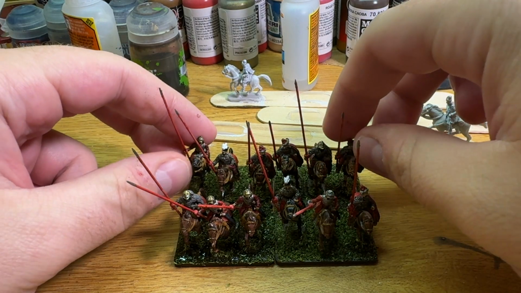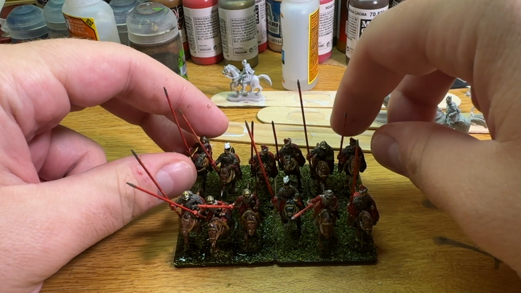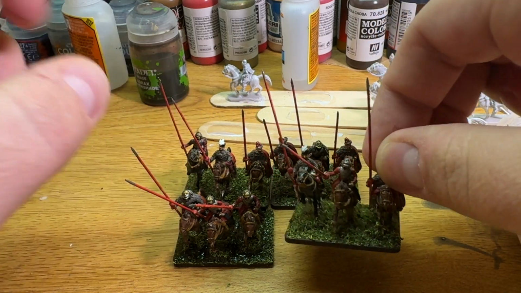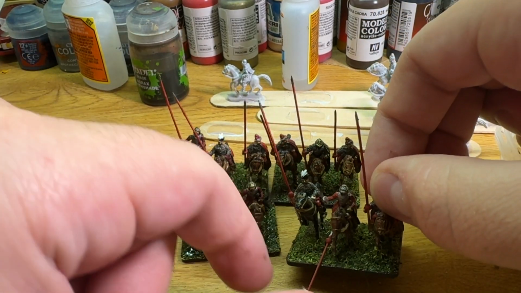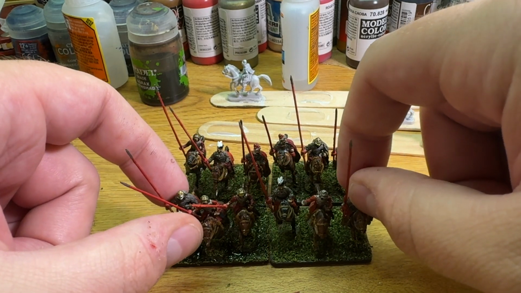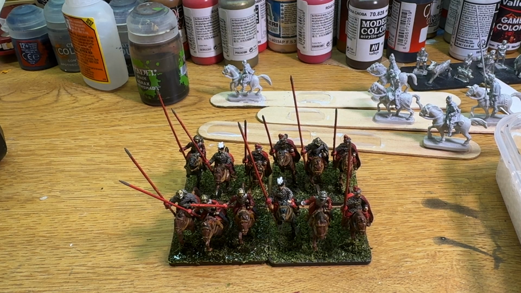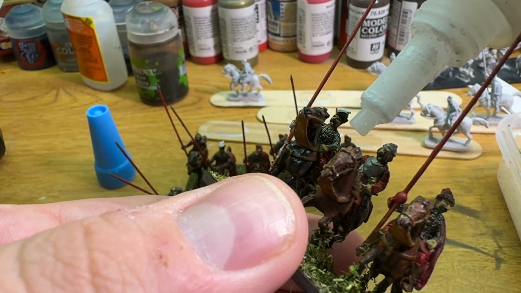These Transylvanians will represent the army of Gabor Betlen, who at the time was a Transylvanian prince who was in revolt against the Habsburgs. I think he was trying to separate the Habsburg part of Hungary from the Habsburgs. So he allied himself with the Ottoman Empire and apparently participated in